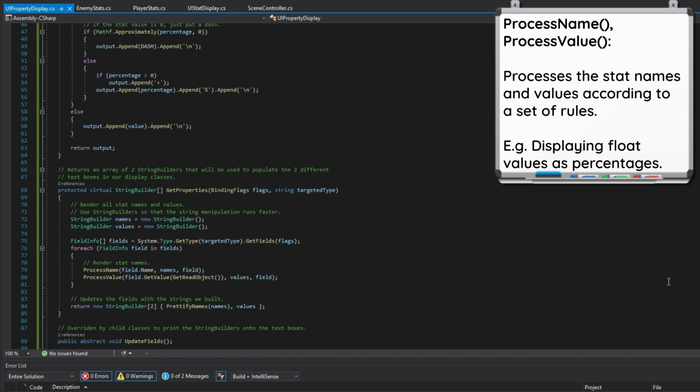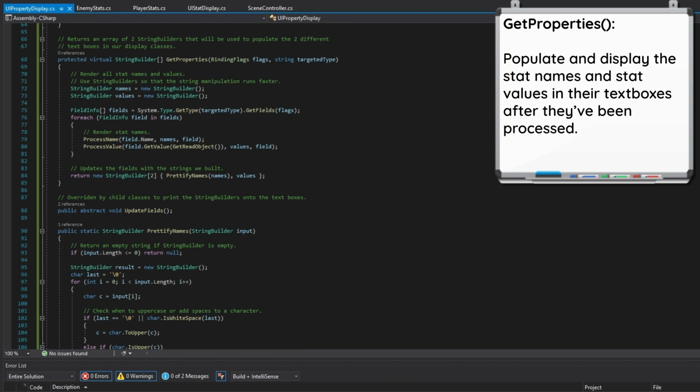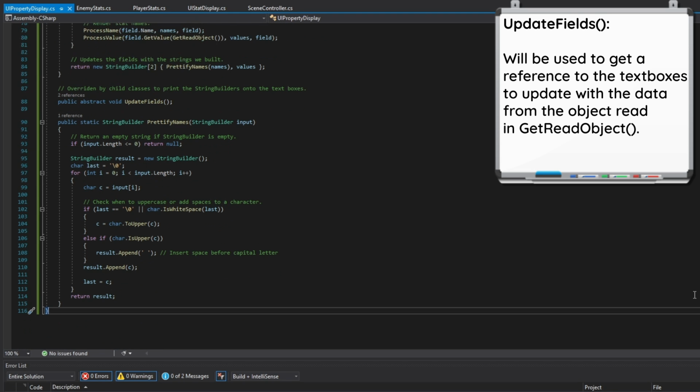Then we've got getProperties over here, and this is basically used to populate and properly display the stat name and stat value text boxes after processing the stats. After that, we've got another abstract method down here, updateFields, and it's basically used to get a reference to the text boxes to update and populate them with data from